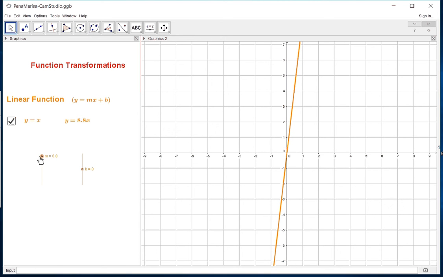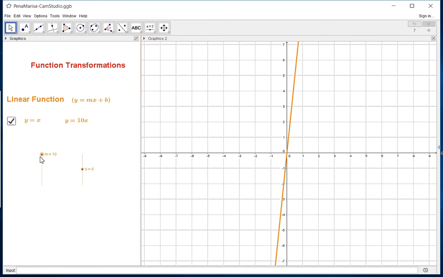And in all cases, when our number gets larger, as we see here in the 10, our graph is going to be getting closer and closer to the y-axis. This means that our line is steeper. And the steeper our line is, in other words, the larger our value for m is, the steeper our line